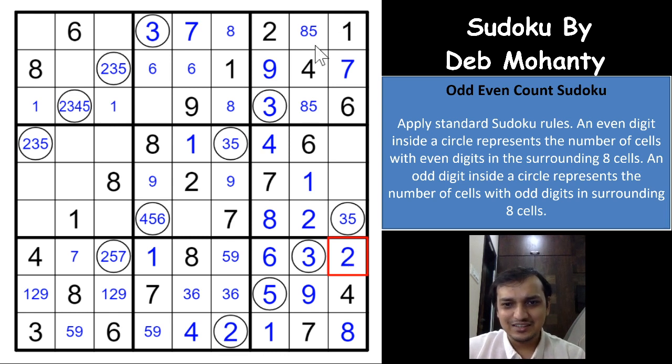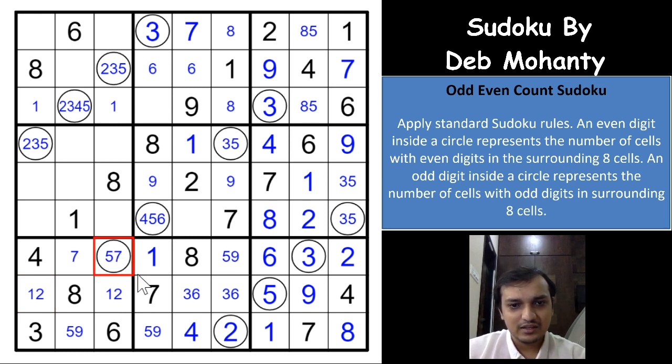Which means that the 9 in this column would be only this place, because of the 9 being one of these two cells, and this has to be 3 and 5. And because of the 9 here, you eliminate 9 from these two cells, it has to be 1 and 2, and which eliminates 2 from this cell, it has to be 5 and 7. And okay, that's great, right? So the moment you have a 7 here, you'll have to have 1 here. So 5, 7, 9 are the digits here.